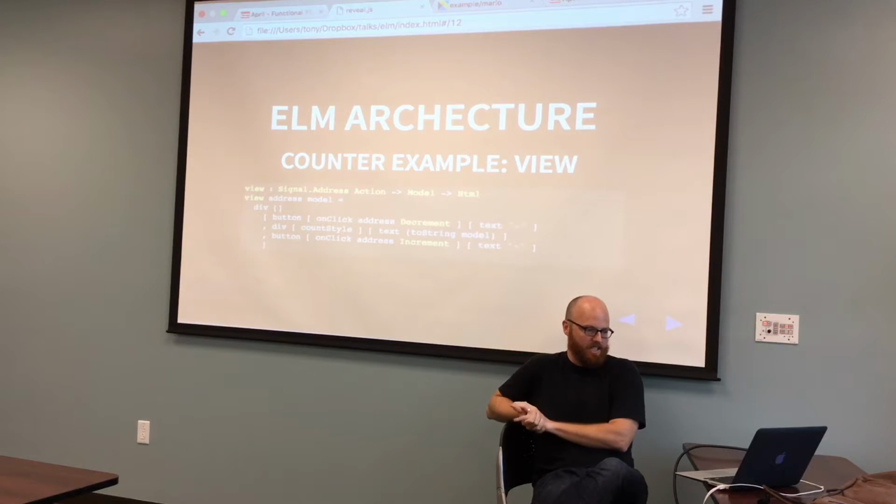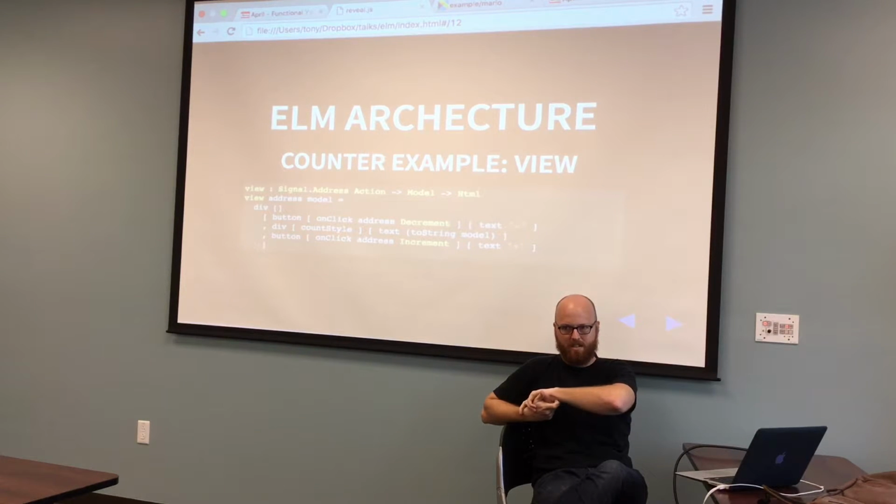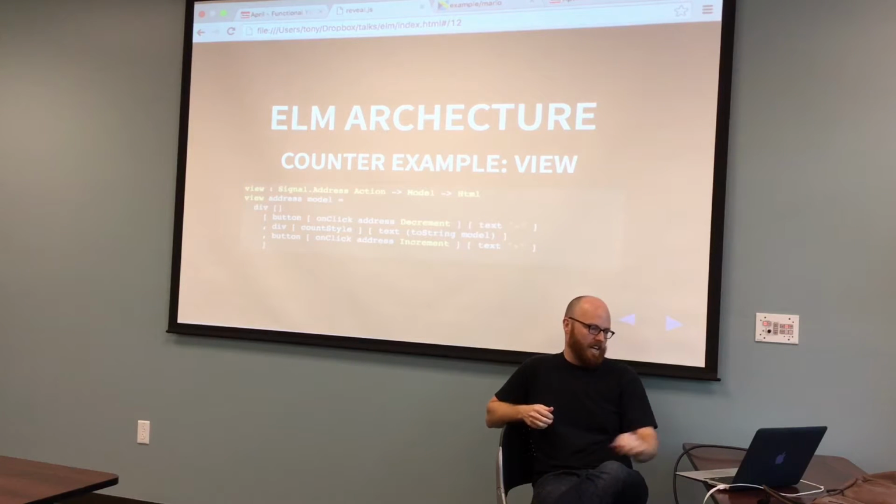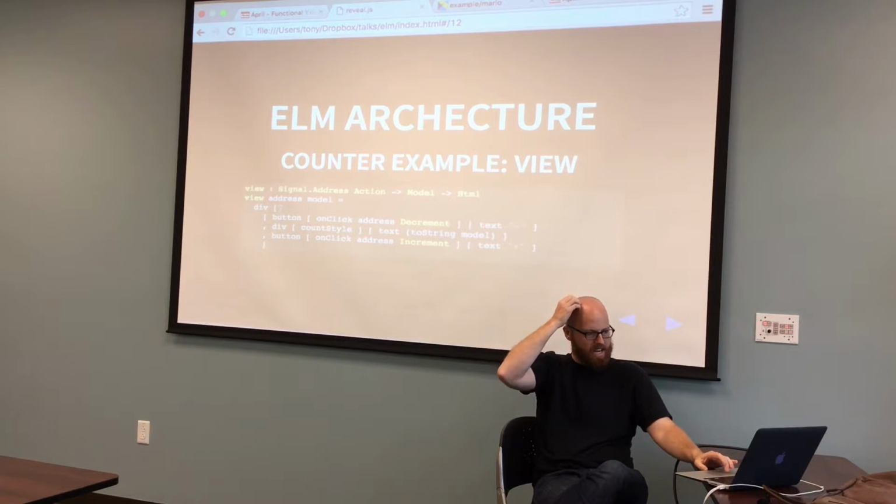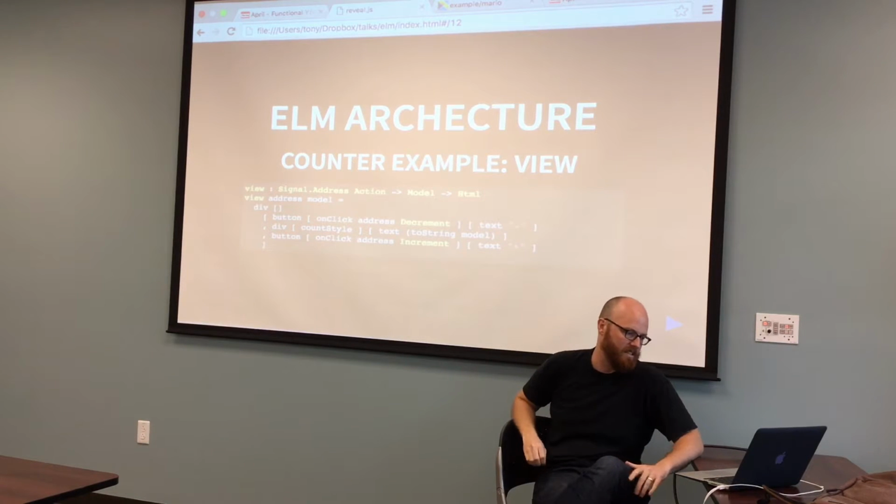And this is a representation of an Elm view, which at least in my mind reminds me a lot of what you'd be doing in ClojureScript. Does this look really similar to ClojureScript's DOM representation? Kinda, yeah. So you don't need to understand this a ton, but basically these different HTML elements, the first array here is the attributes of it, and the second one is the content inside.